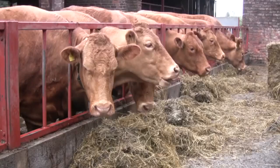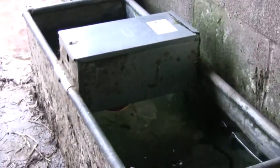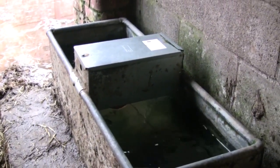We also employ a vet who comes and checks the cows from time to time to make sure they're healthy, and also a nutritionist who helps us design the right diets for them. The silage that the cows are eating at the moment has got quite a lot of moisture in it, but the other thing they do need at all times is water, and a fully grown cow like this will drink between 50 and 60 litres of water a day. So that's available to them at all times in the water troughs, and it's the same water that we drink